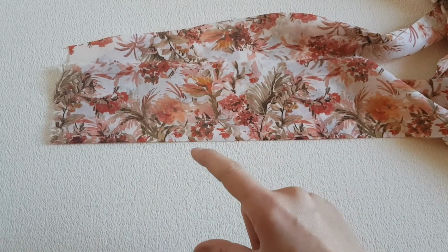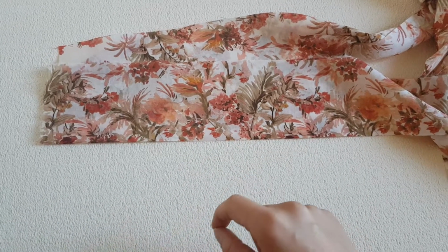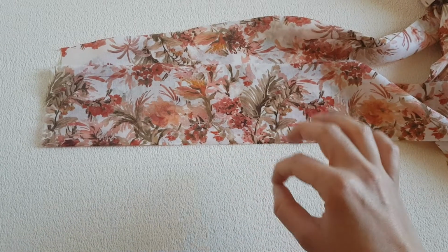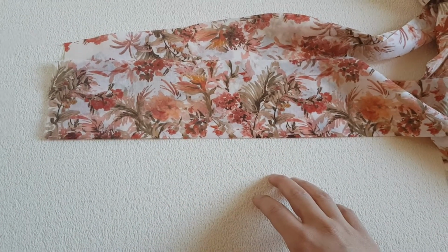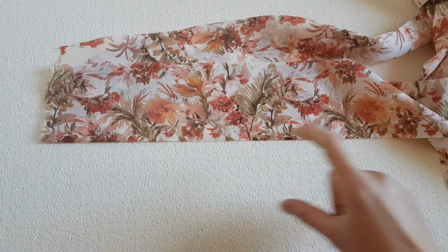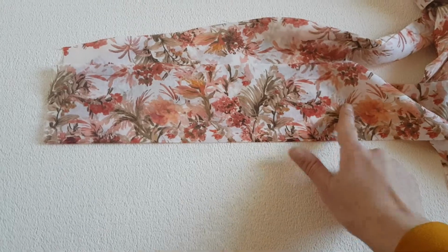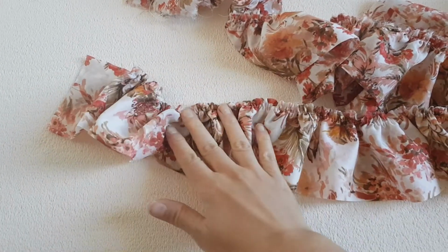But if you try to match exactly what the pattern says, it's very hard to gather in the right way so that it fits perfectly. So we are going to do it this way, which is much faster. We cut longer, and then we cut away the excess. Here it is. You gather all around,